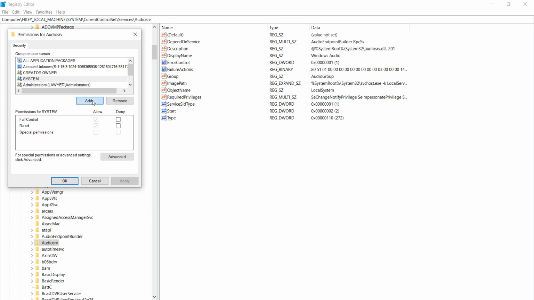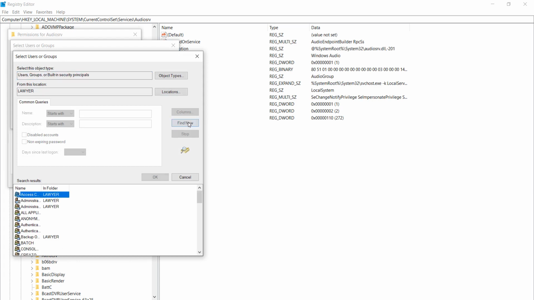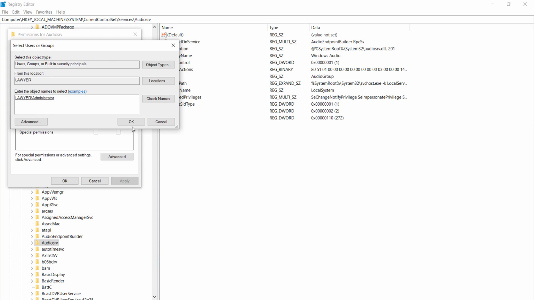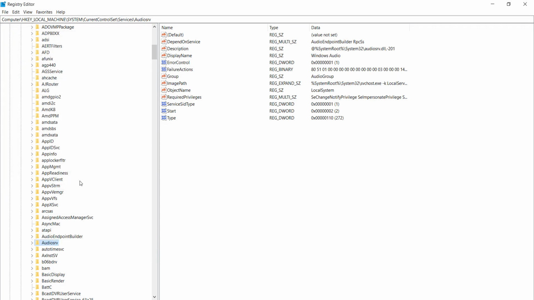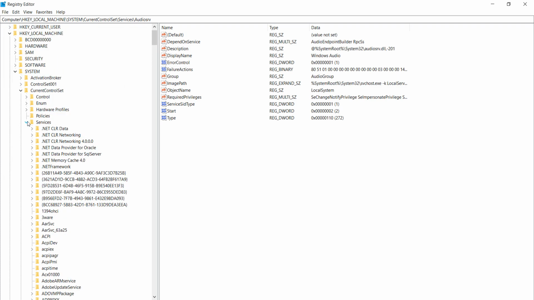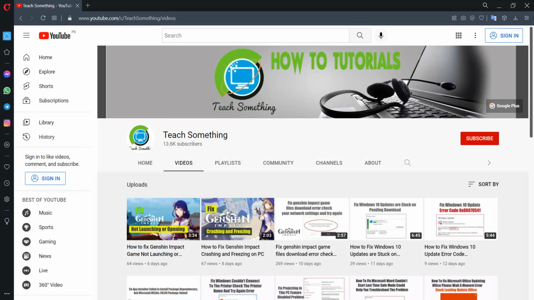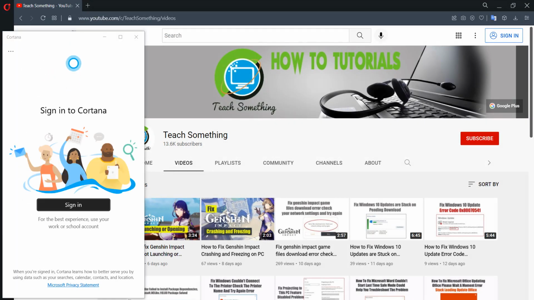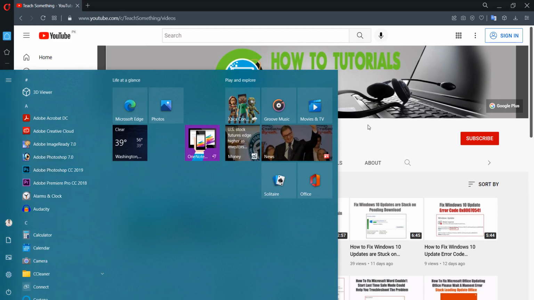After doing this step, once again click on Add, go to Advanced, go to Find Now, select Administrator, click on the OK button, OK, and make sure that you allow both full control and read, and click on Apply and the OK button. After doing this step, close it and restart your computer, and I'm sure that after doing this step your problem is